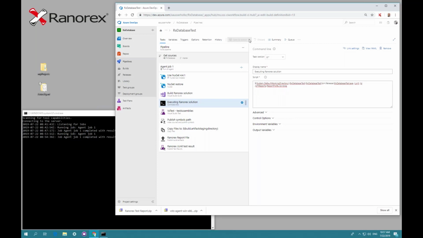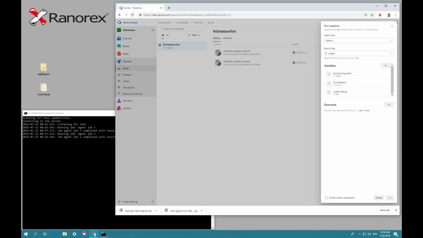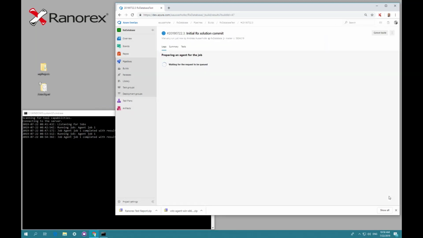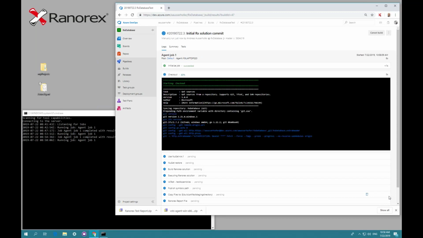So let's create another run. So I queue it and I run it. I would like to show that to you. It's really nice to see these summaries within Azure DevOps project account once the pipeline has been